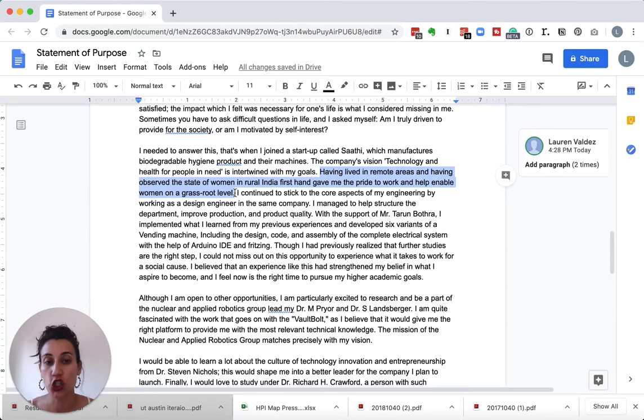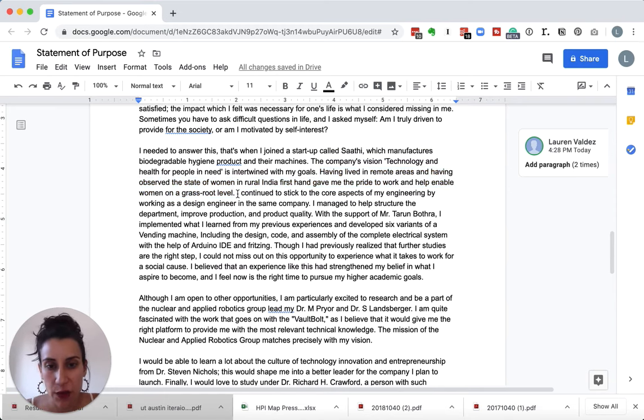And how I mentioned earlier that the first paragraph in the intro, you can paint a picture of the working conditions. You could actually start with this as an example in the first paragraph and say, when I was living in remote India, I observed X, Y, and Z, and actually paint a picture of what was going on, what you saw. That inspired me to want to dedicate my career to X, Y, and Z. And so you could tie this together very closely by starting your first paragraph with this example, and then you come back to it in this paragraph saying, when I was working with Sathi, I realized it was connected to my goals of what I want to do in my own country.